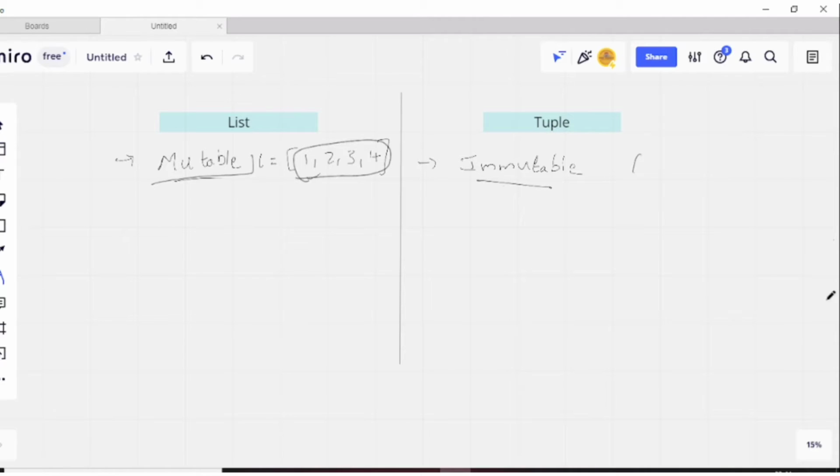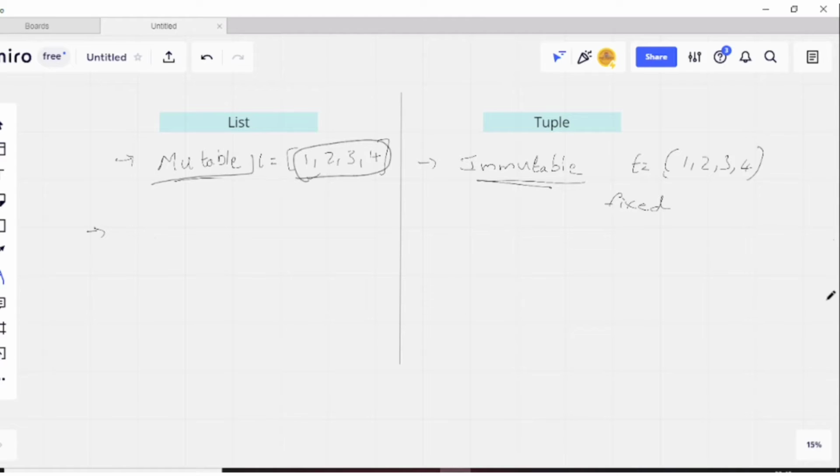Coming to the tuple, once we have assigned values to the tuple, we do not have the right to change the elements inside a tuple. So tuple is a fixed data type, which means immutable.